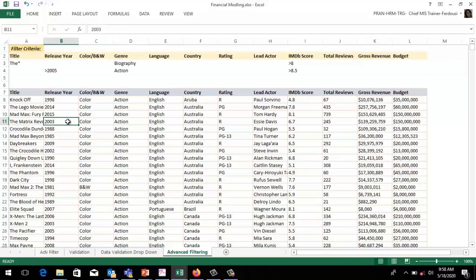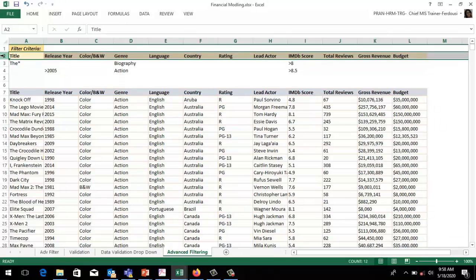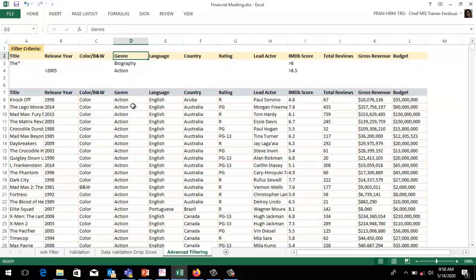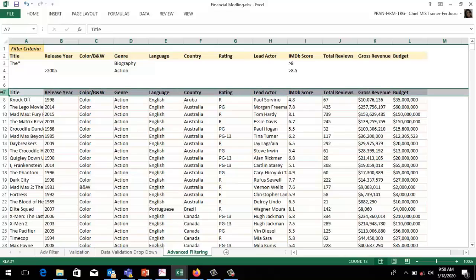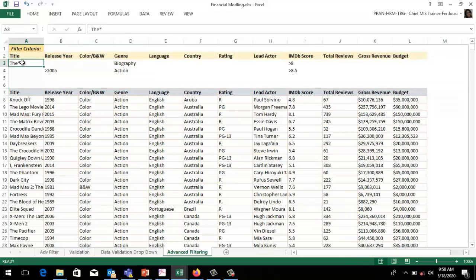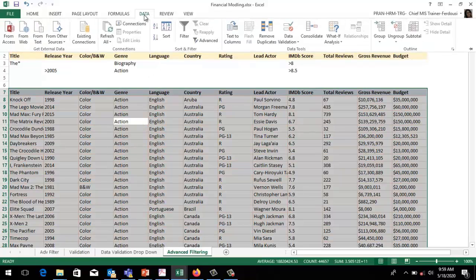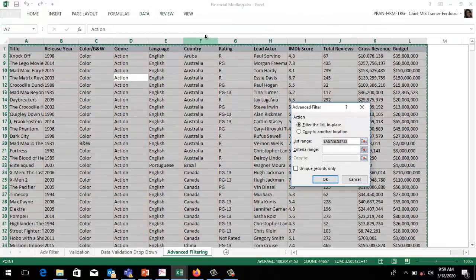After that we'll go for the filter, that is advanced filter. The title would be the same as it is. If I misspell it, it will not retrieve the data. So the title would be the same, and type your criteria manually. After that we will go for the advanced filter. So select the main data, choose data, then advanced filter, copy to another location. Choose copy to another location, otherwise it will remove the main data.